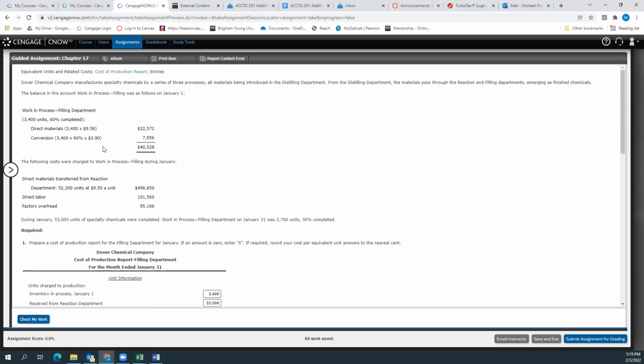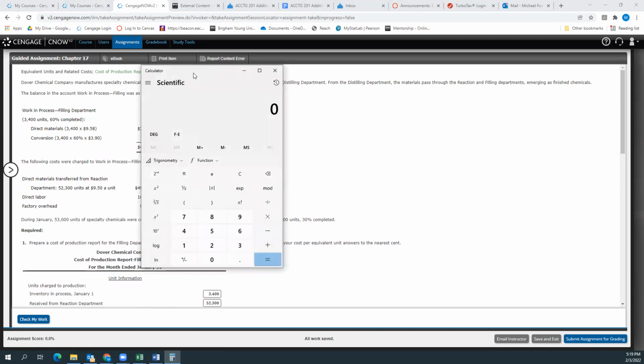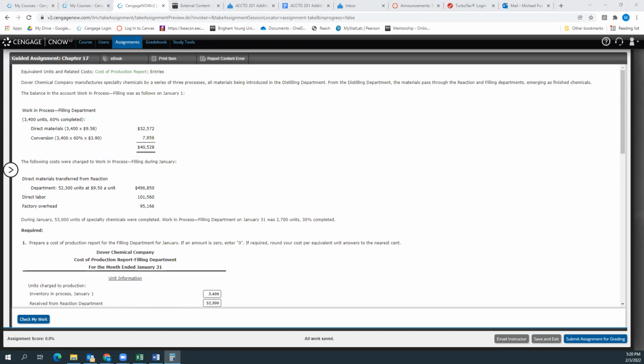Kind of, it was given to us, okay? This is a little confusing, but again, let's see. If we had 52,300 units that were transferred in from reaction. And then we can see here that we completed 53,000 units. If we take